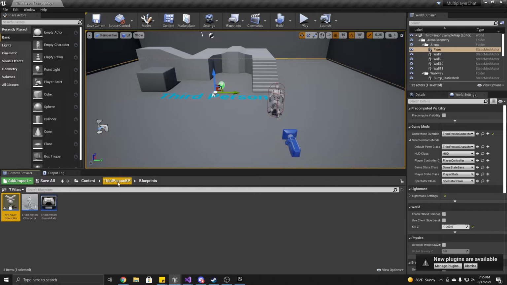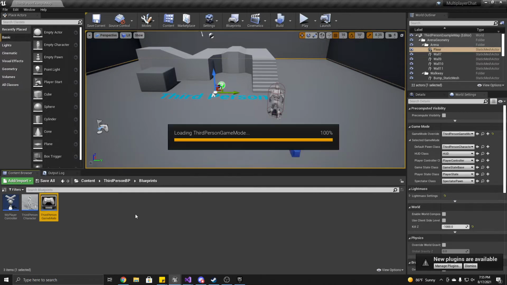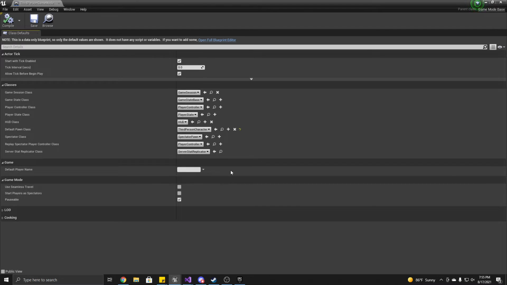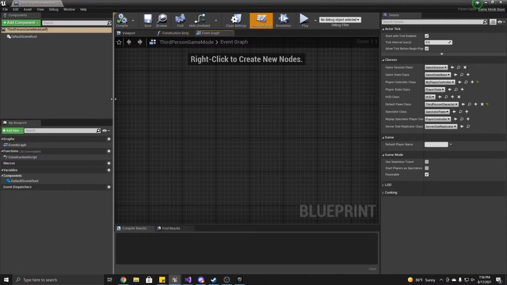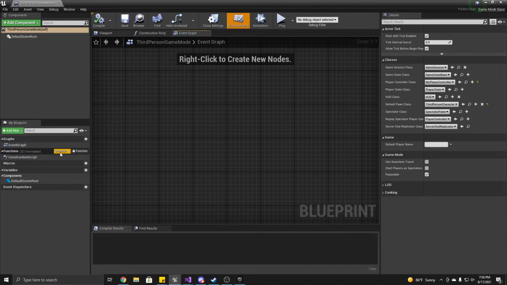Okay. I don't really like how this project is organized. Yeah, okay, we'll stay in this folder here. So first thing we'll want to do is go into our game mode. Okay, player controller. Oh, first let's switch player controller to my player controller. Compile, open full blueprint editor. We're going to make some changes here. We need to override